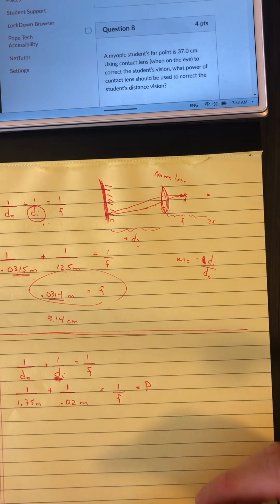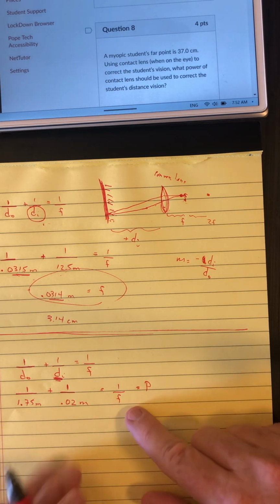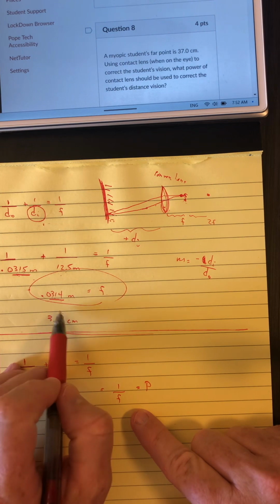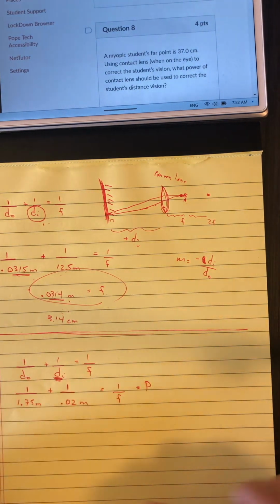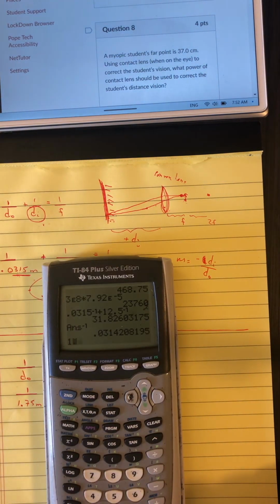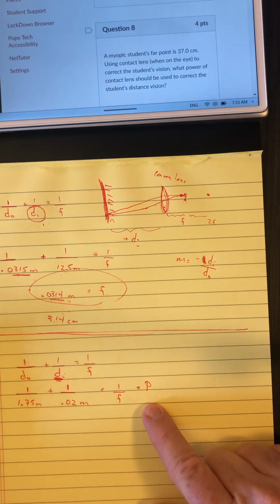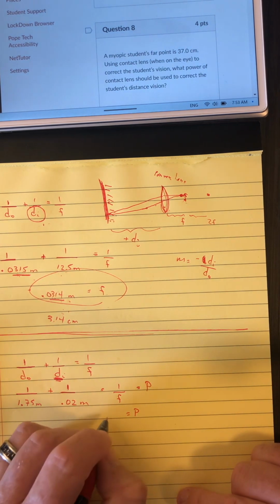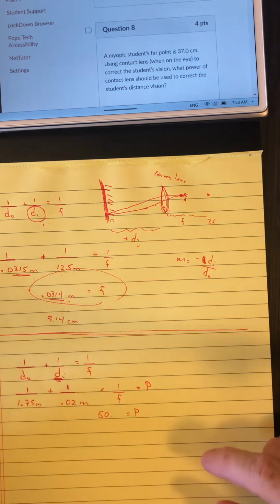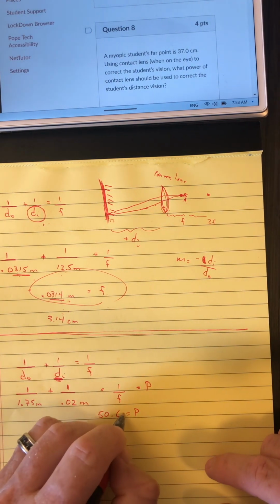But it's also that much easier because we don't have to do that last step like we did in number 6, where we had to take the reciprocal. So I'll just input these numbers: 1.75 reciprocal added to 0.02 reciprocal. Now I hit enter and stop right there. That is the power. The power would be 50, and rounding to 3 significant figures, 50.6,